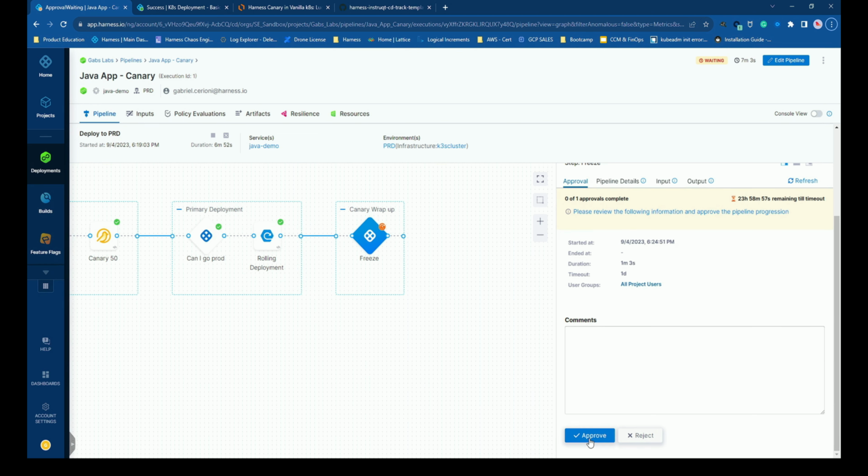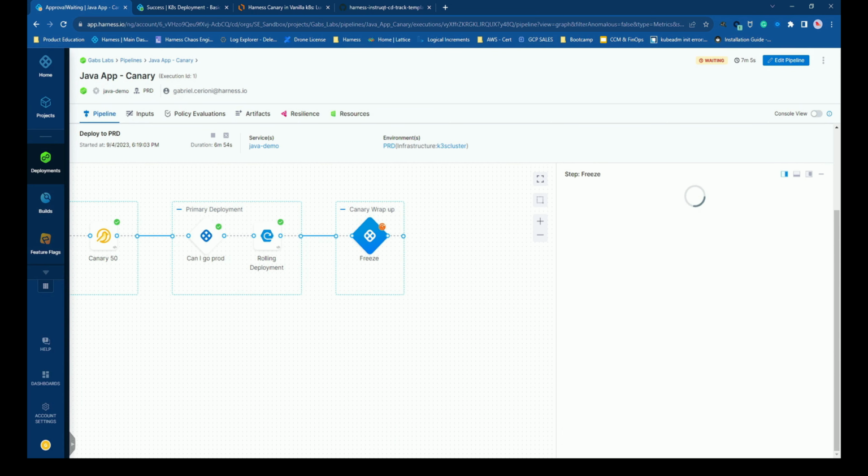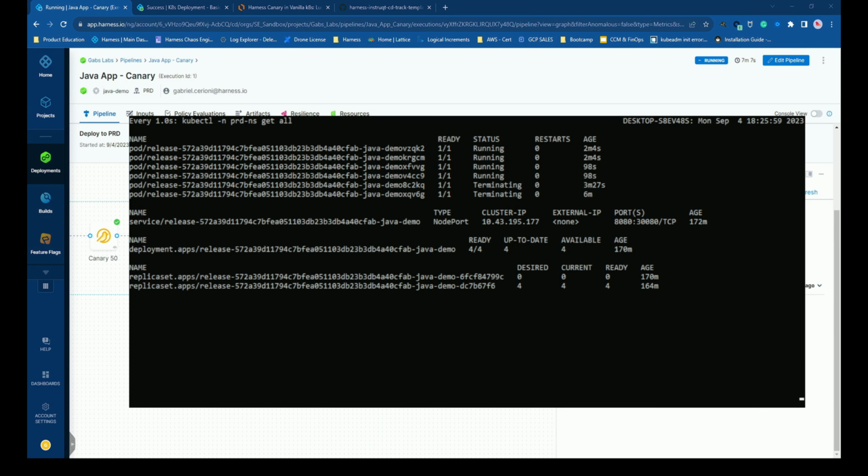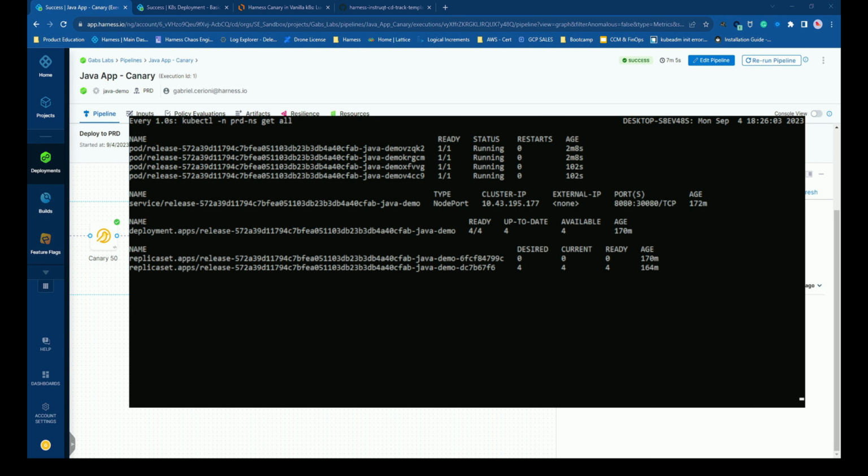So let me approve that. And I'll quickly jump to the subsystem again so we can track. Already, we are terminating the Canaries. Where's the release? Where's the deployment? Nothing is going on here, and the new version has been rolled out to 5.05 here. So we have the same tracks, we have the history, the last applied configuration. Everything is safe, is protected, and